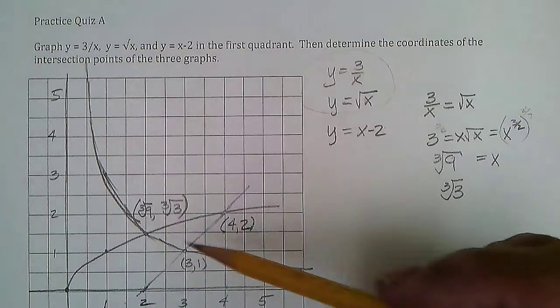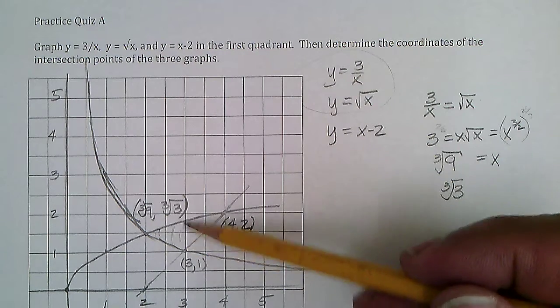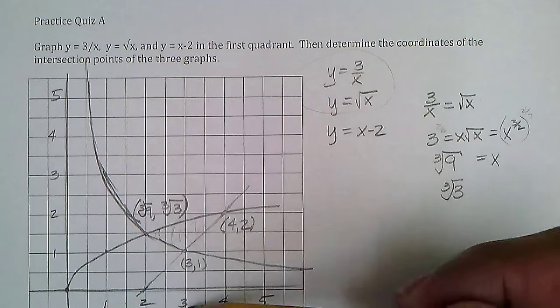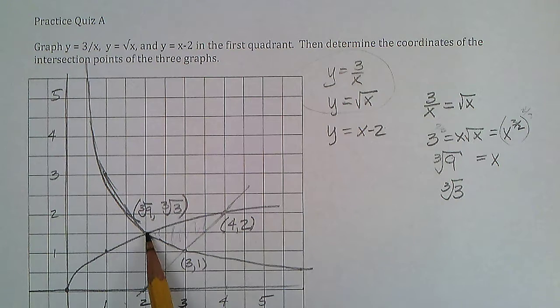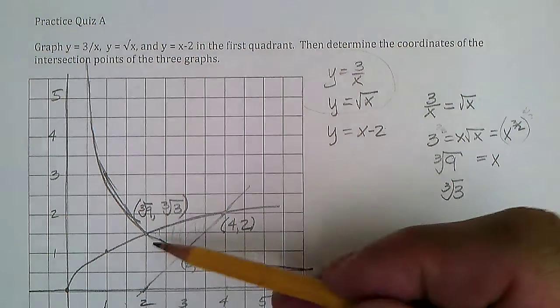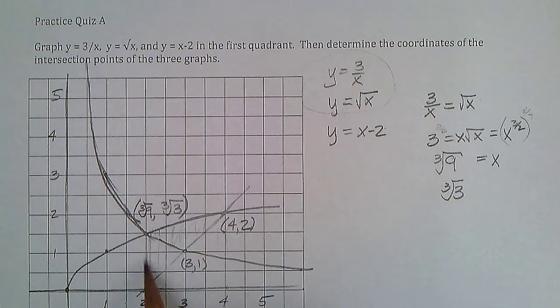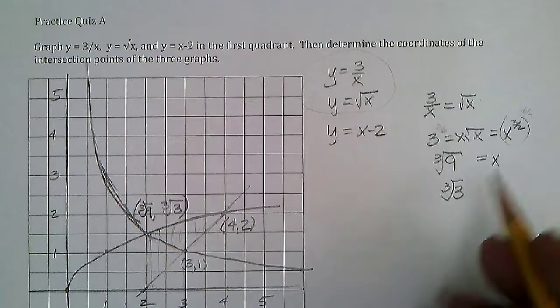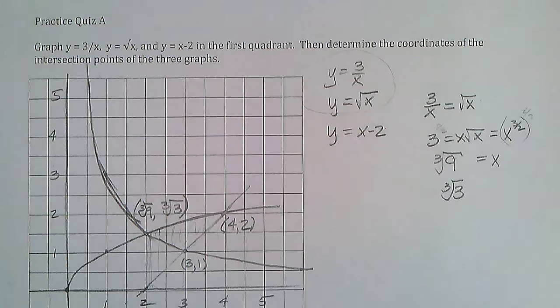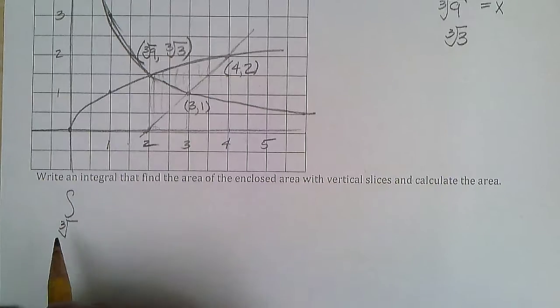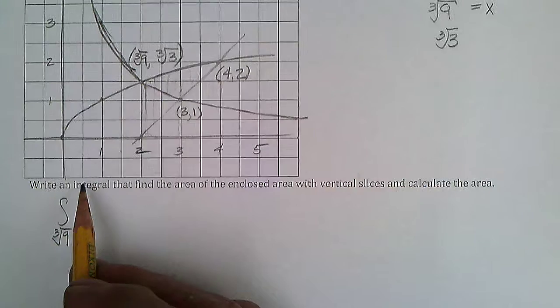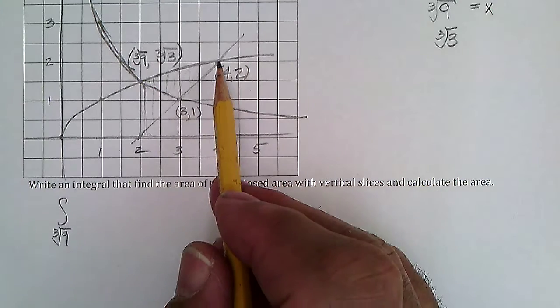So, to find the area in here vertically, several people were doing the area under the top curve, did the whole thing. Then they took the minus the area under this one, and then minus the area under this curve. And that works. So we'd have the integral from cube root of 9 to 4